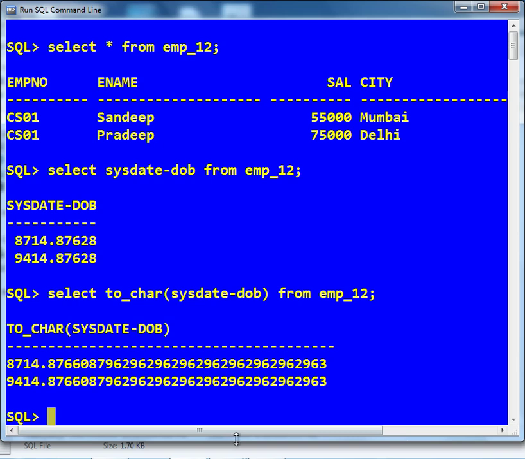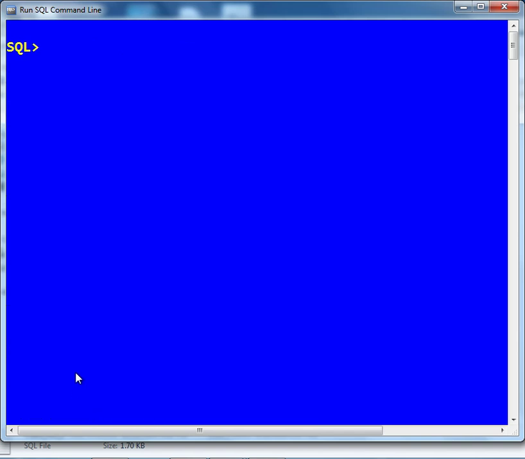Another way of doing the same thing: it is giving me the output in the form of days, and if I want it in months, instead of select sysdate minus DOB, we can write the months between function, months between sysdate comma DOB.